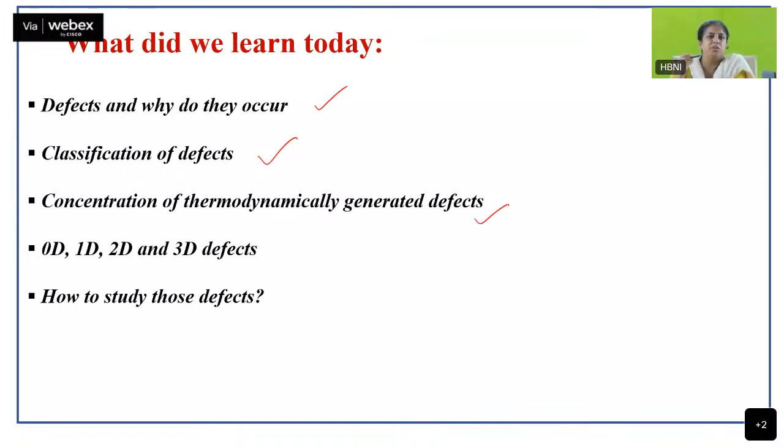How can we determine the concentration of thermodynamically generated defects, and how do we study these defects? With this, we wind up the topic on defects, but one more thing: your Schottky defect and your Frenkel defect